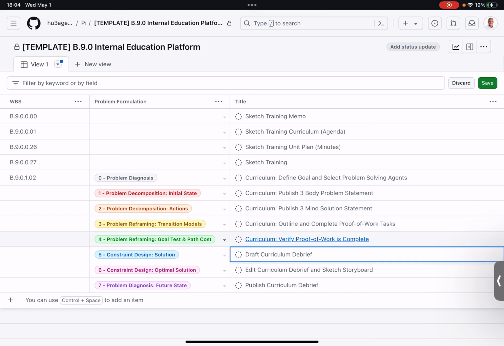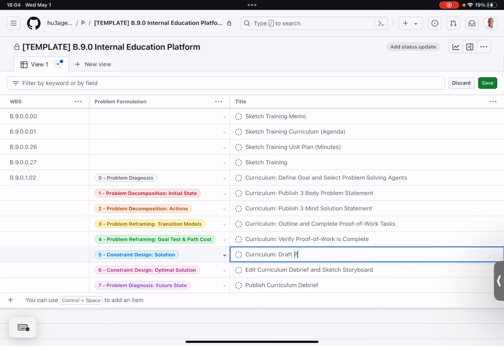and I like it being vague because everyone will be able to define their own proof of work up here with like the memo and the curriculum. Maybe I should just keep all 4 of them up there, but we can always change the work breakdown structure later. Let's not even add these numbers in. Actually, no, we'll leave it like this. That makes sense. Digressing, let's say curriculum. It's going to be redundant, so